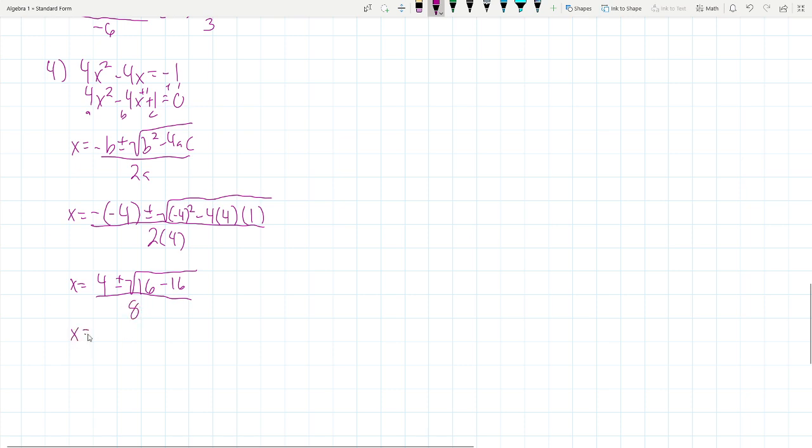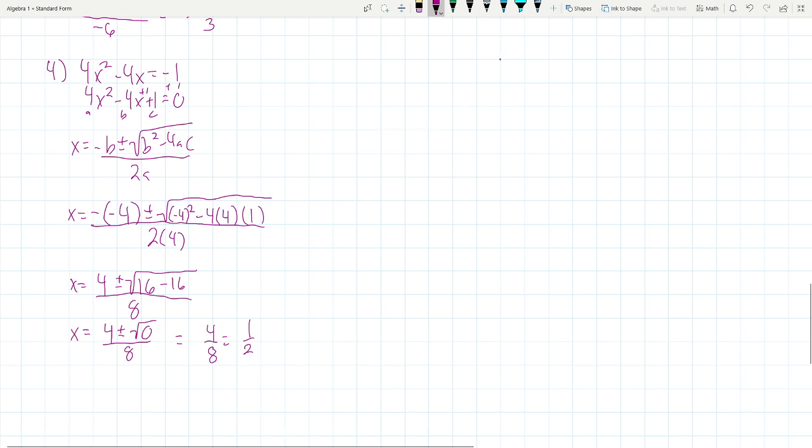And so x equals 4 plus or minus the square root of 0 over 8. And the square root of 0 is 0. And so this is the same as 4 plus or minus, oops, not plus or minus, because plus or minus 0 is just the same number, 4 over 8. Now, what does that mean that we only got one answer? And this reduces down to 1/2 in case you're curious. What that means is